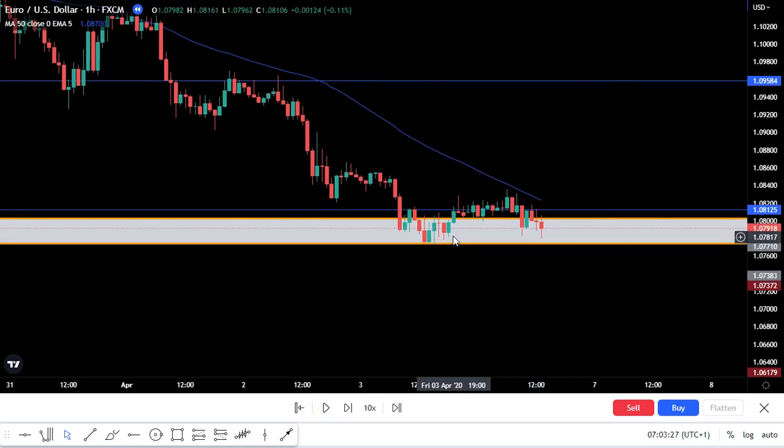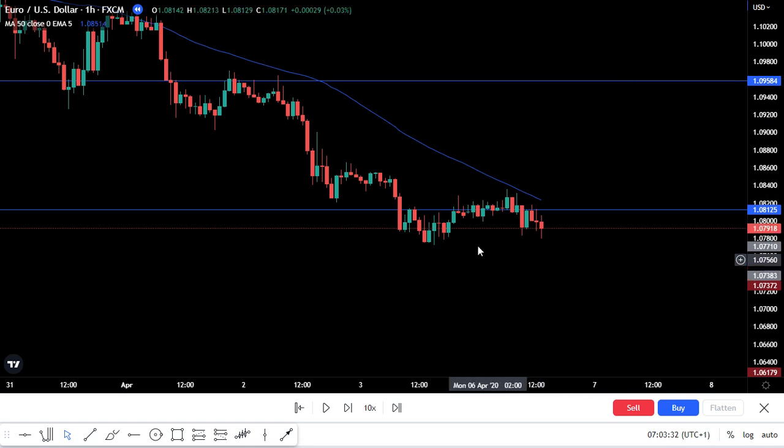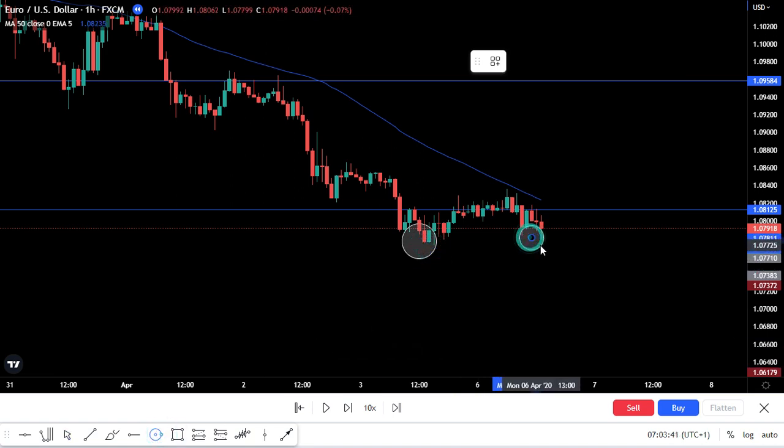So you can see the price has given us another. Let me remove this. You already know that this is a support level. So the price has created a touch here, and it's coming down again. So let's see if the price will break and keep going down, or the price is going to give us another entry. So as the price is coming down to this level,